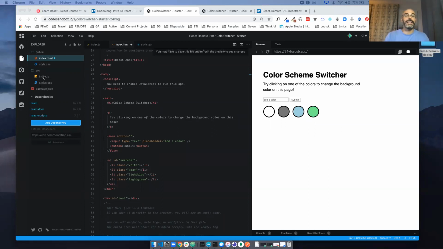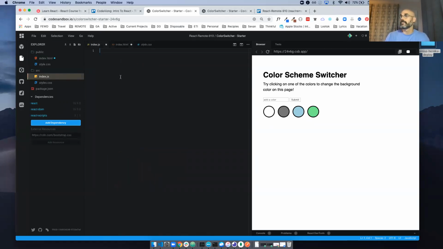All right, I'm going to go back to index. Okay, now I'm in index. And because we have these dependencies of React right here, index is the mounting point in this particular create React app. Index is what gets loaded, and it executes the React application. So the root of our React application is index. That's important to know because there'll be one thing extra in this file that you won't find in other files, and we'll cover that.